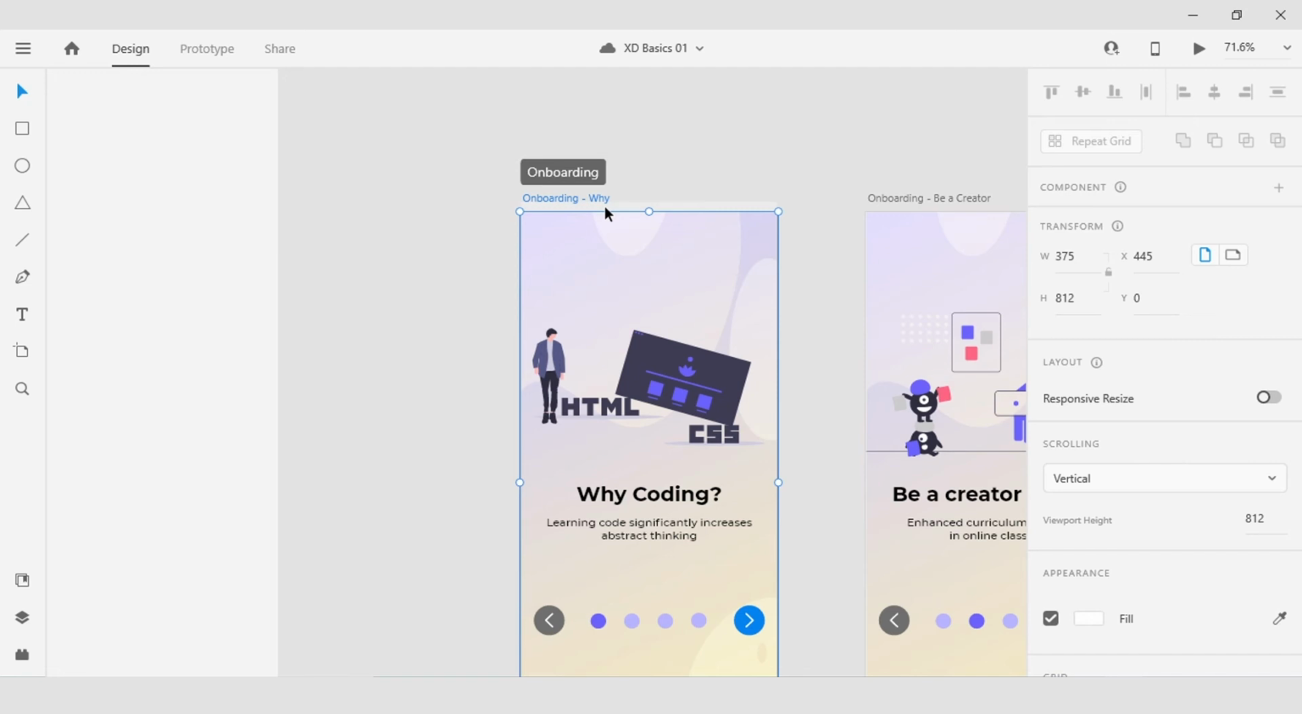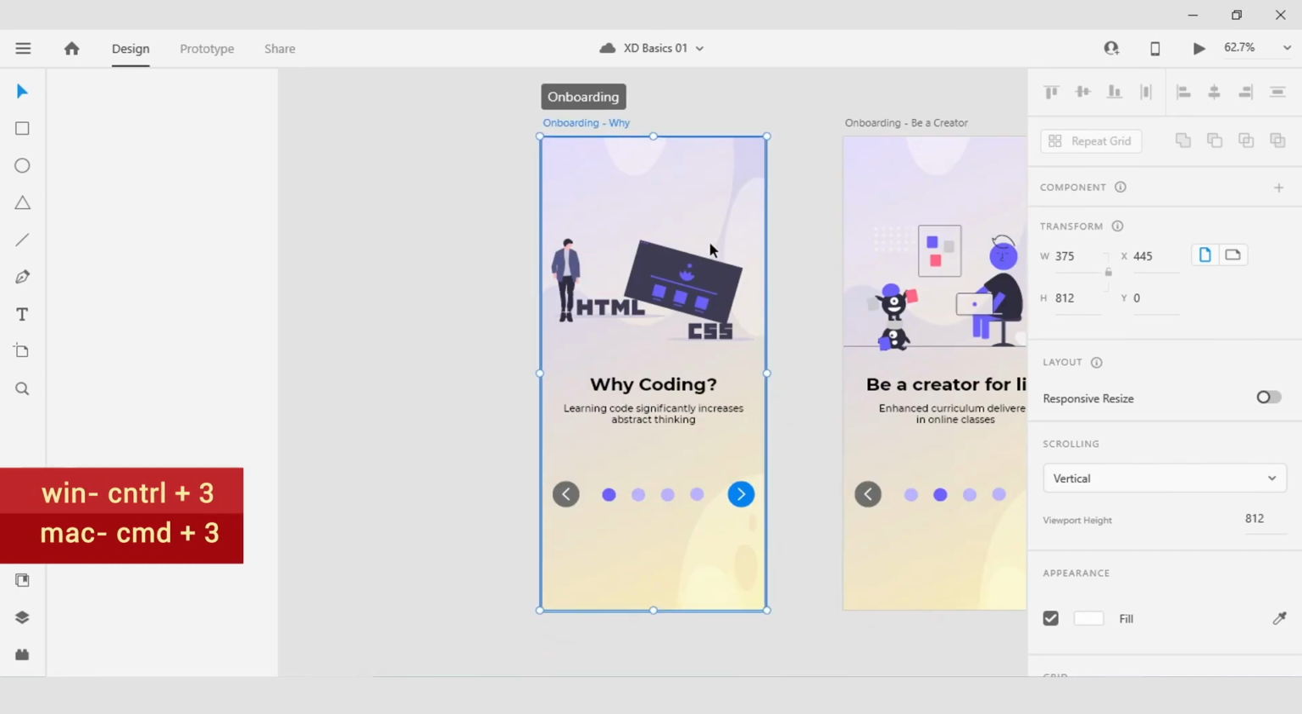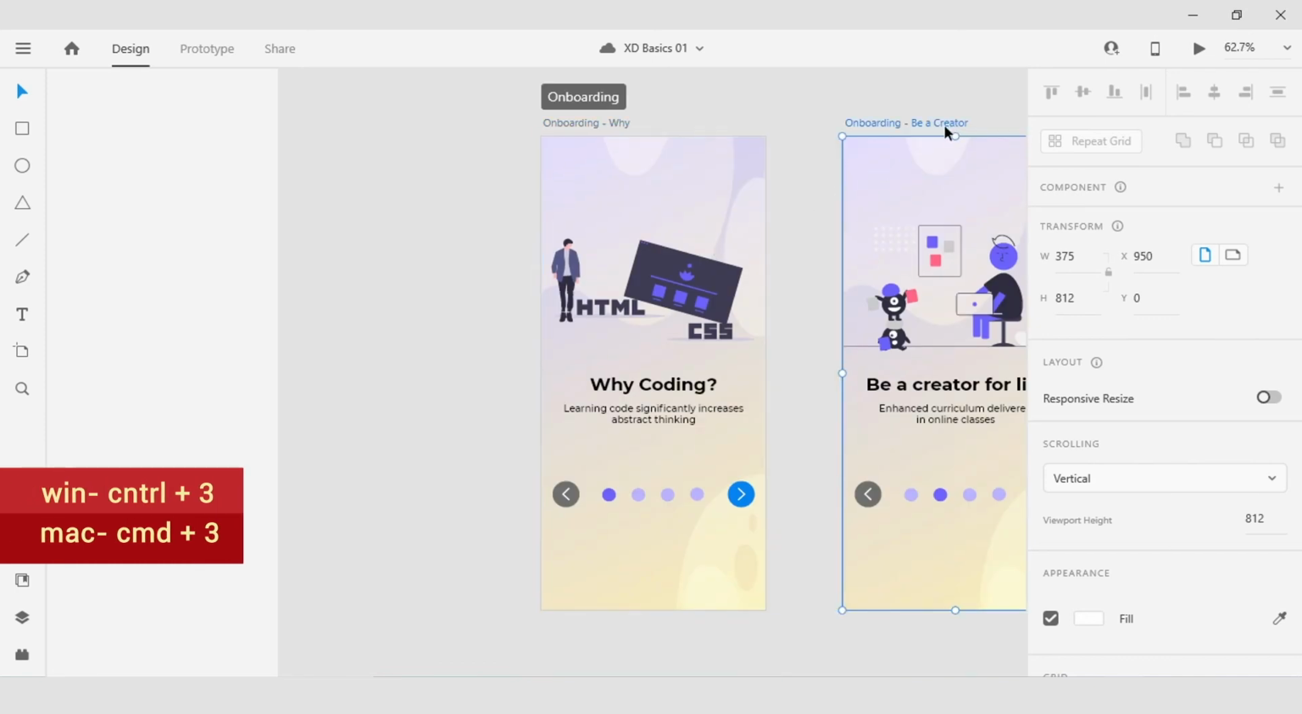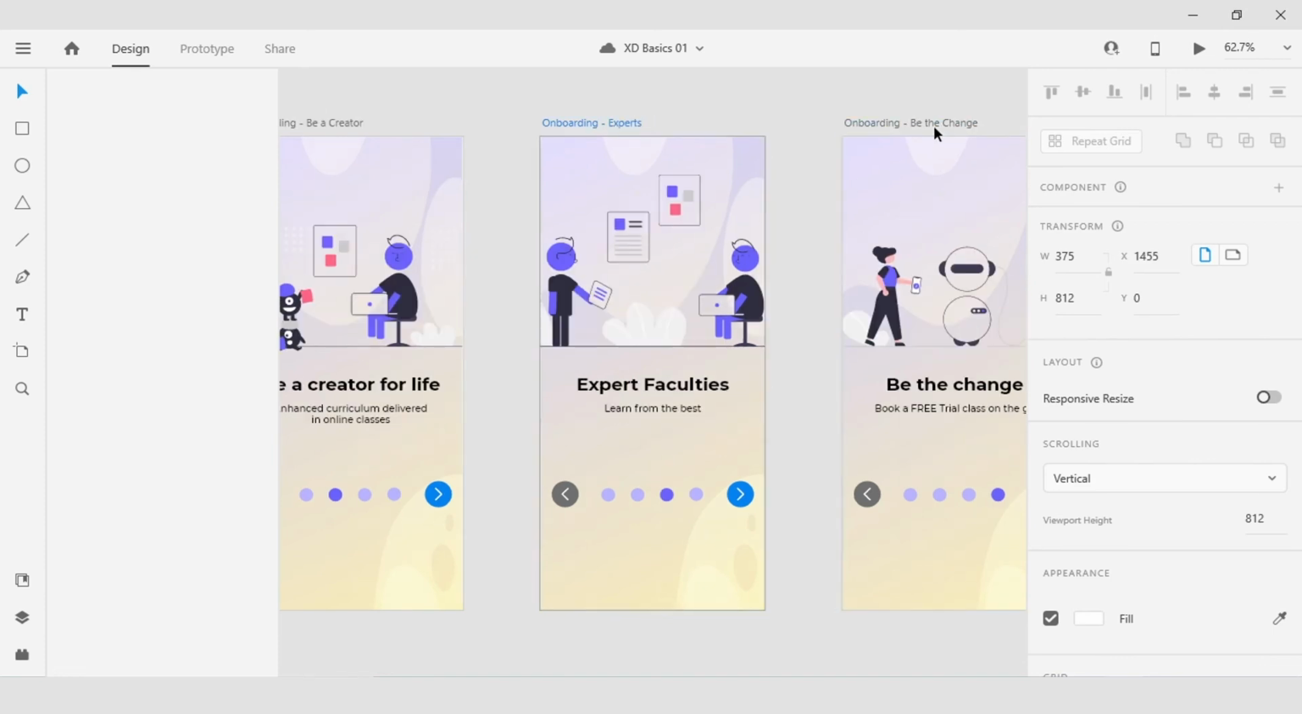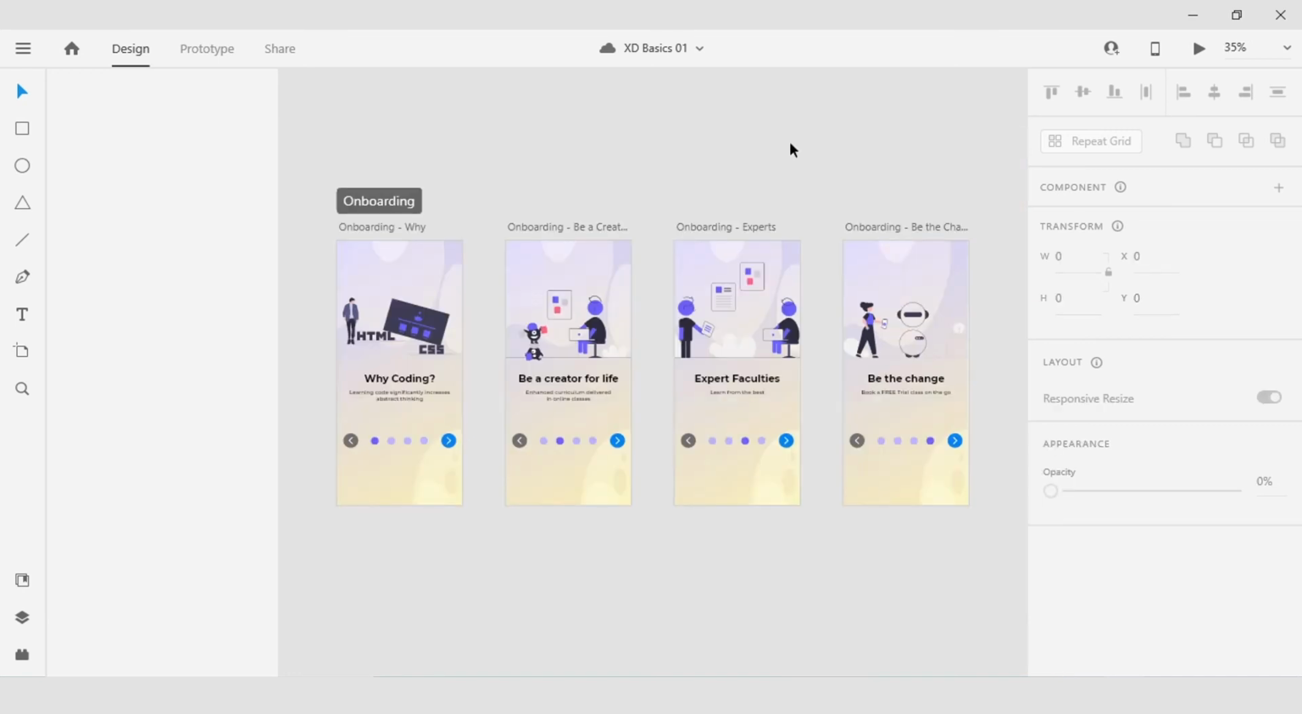From there, I am going to hit command on Mac or control on Windows and the number 3. That's going to zoom me in. I can now come in and just press and drag up in order to see the artboards that are there below. With all that said, let's now take a closer look at all of the tools here in this tools